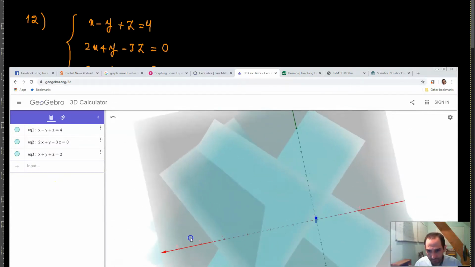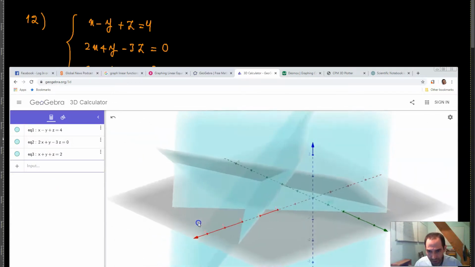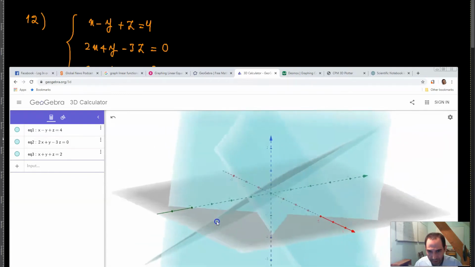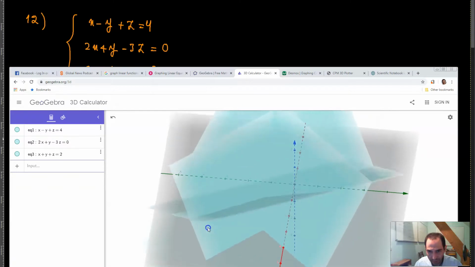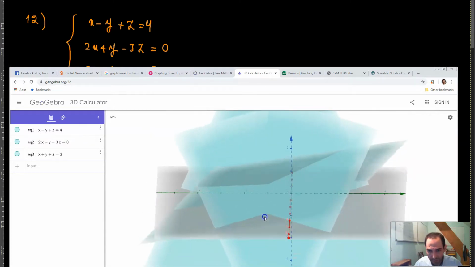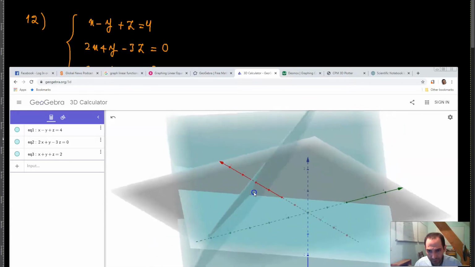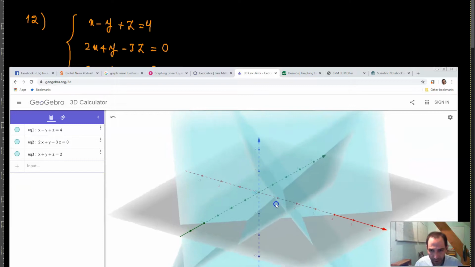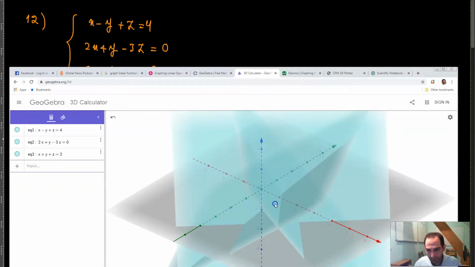So the point of intersection is exactly here. They intersect at this point over here. You see this point? That is their point of intersection. It's not a line, it's just a point. And so